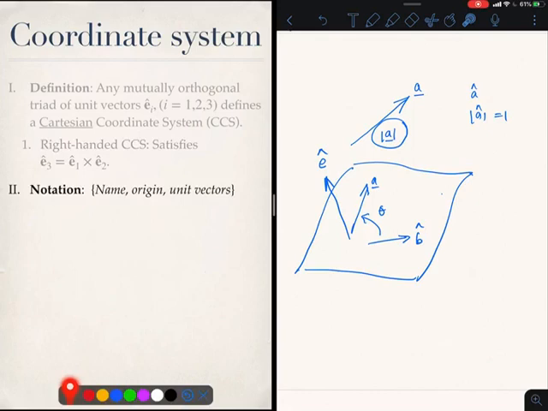We are all familiar with this. Now here's something slightly new. So we talk about the notation. In dynamics it's often common to have many coordinate systems at the same time for the same problem, and it's easy to get confused. So it's a good idea to give them names, and the way our nomenclature is going to run is that we will